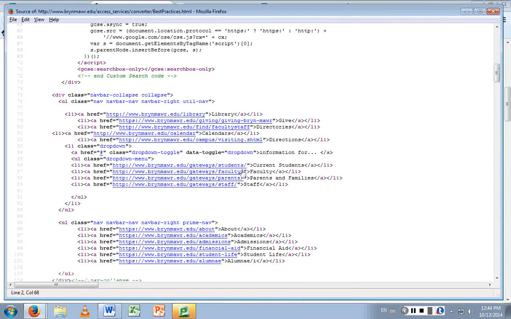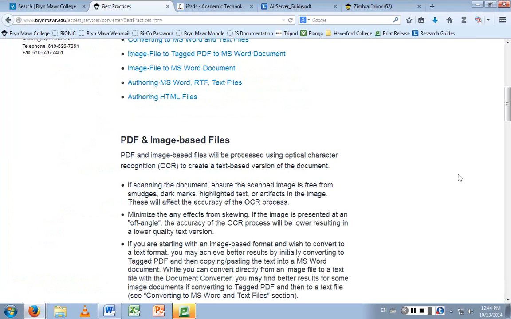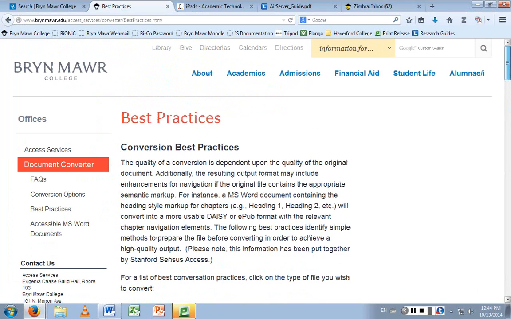Here's a bunch of links: current students. Here's the link that it goes to. The text is here in between these 2 brackets, and the link is defined before it. If we go to the page, there'll be a bunch of links up at the top: current students, faculty. Each of these is an instance where someone has said, that text right there, I want it to go to this place. There's a tag that tags that text so that when someone clicks on it, the computer knows where it goes.